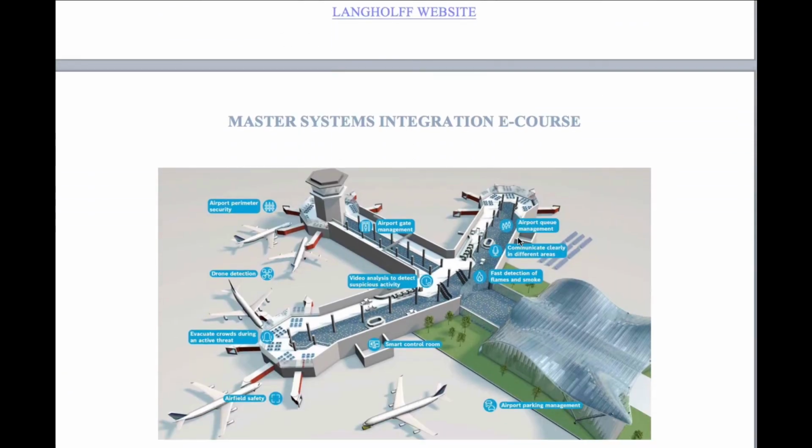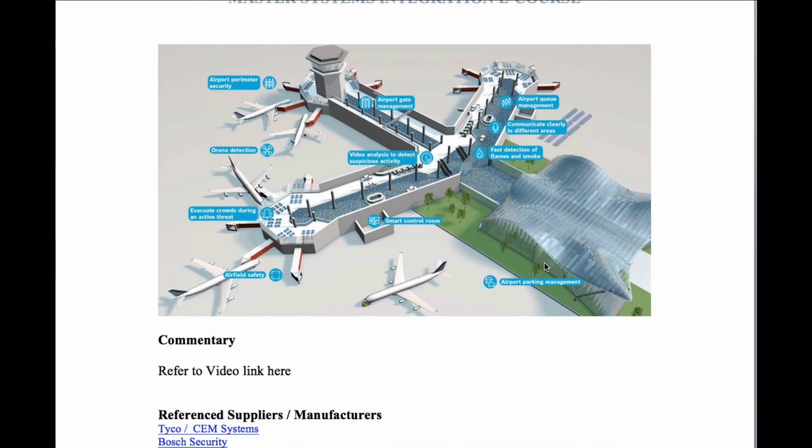Here's another view of a location for your access control system. And if you look at a typical terminal building, kind of like a nice little drawing, you'll see they have some control rooms. So you know you're going to have to put some equipment in a room. But what's really important about this drawing here is that when you're designing an access control system, there are very significant interfaces to your fire alarm system.